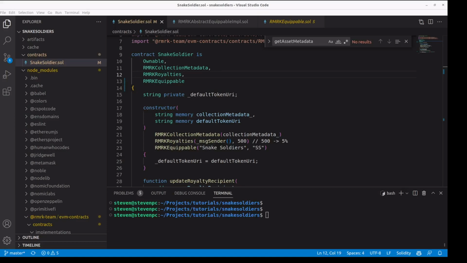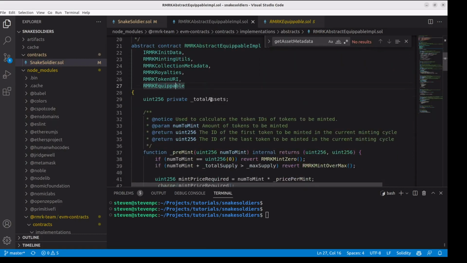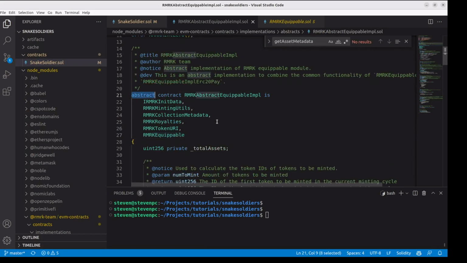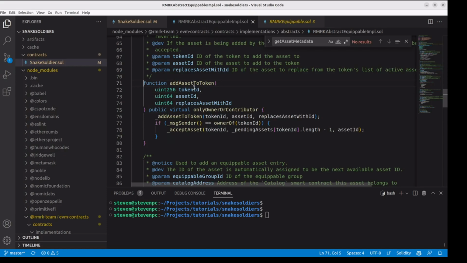The ready-to-use implementations all include these methods, so I will just go to one of them. This is the abstract implementation for Equipable. All 3 versions of the ready-to-use implementations use this. So remember, every time we see abstract, this is a semi-implementation. So I will just take what I need from here.